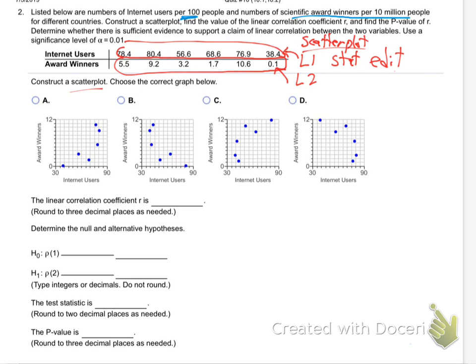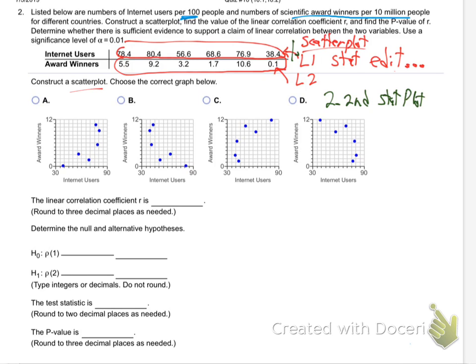Stat, edit, and I'll go... Put L1 and L2 in the data banks. And then you have to hit, so that's step one. So step one. Step two, you've got to hit second